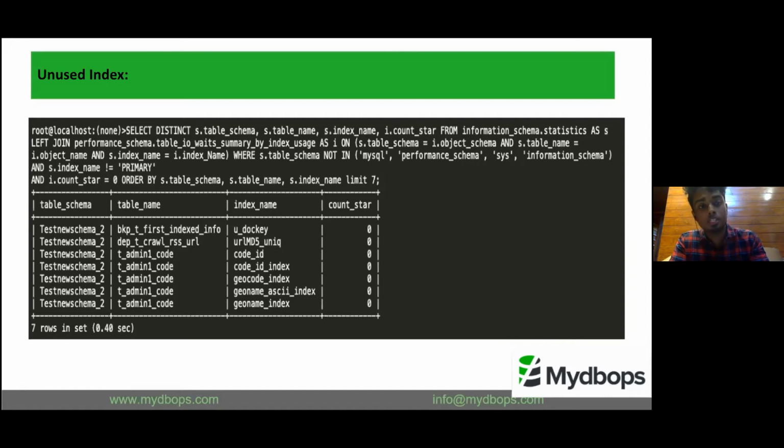For that, we can use the performance schema. In the table schema, we can find queries which are not using the primary key and are going over a huge number of tables. This is also a test schema where the total unused indexes present in the servers are shown.